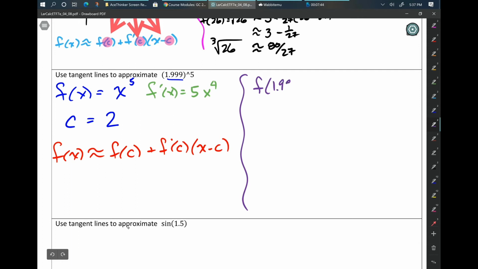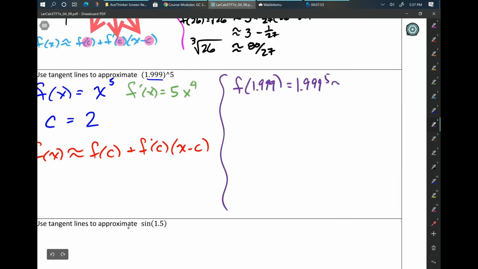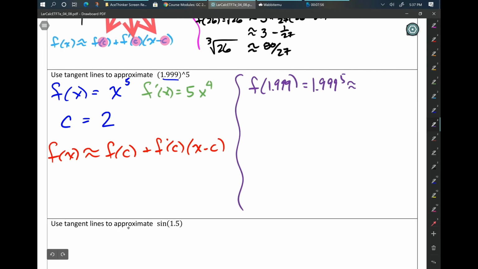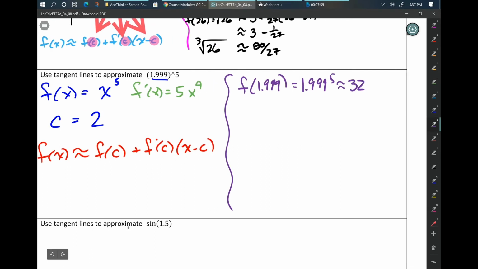f of 1.999, which is going to be 1.999 to the 5th, is approximately, let's see, f of c is 2 to the 5th, so that's going to be 32, plus the derivative, so that's going to be f prime of c, so 2 to the 4th is 16 times 5. 5 times 16 is what, 80? Times x minus c, so that's going to be, what is that? 1.999 minus 2. So that's going to be approximately 32 plus 80 times